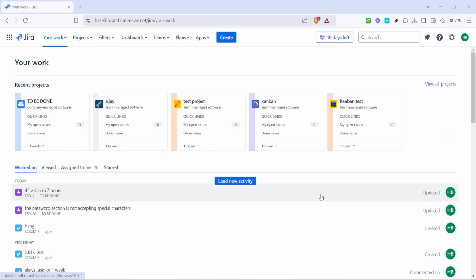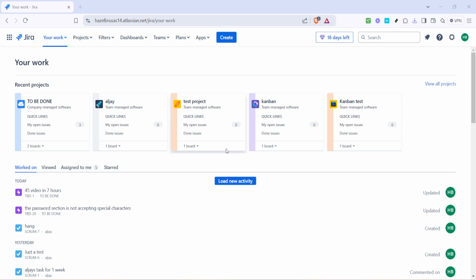easy to follow steps. To get started, head over to the Jira website and log into your account. Once you've successfully logged in, direct your attention to the main dashboard. This is your starting point for accessing all your active projects and tasks. From the dashboard, you'll want to click on Your Work located in the navigation bar at the top of the page. This area is where you can manage and monitor all the work assigned to you, as well as any